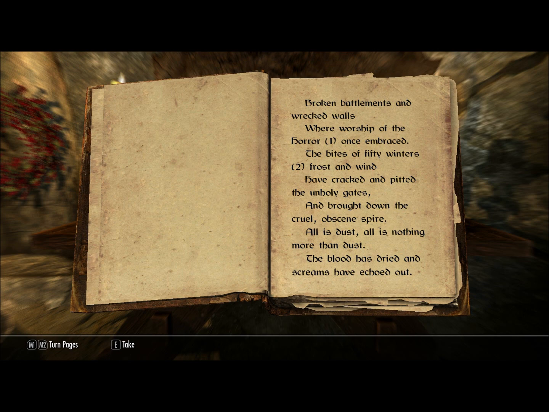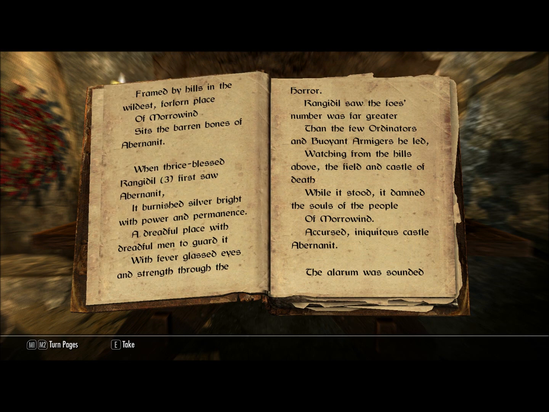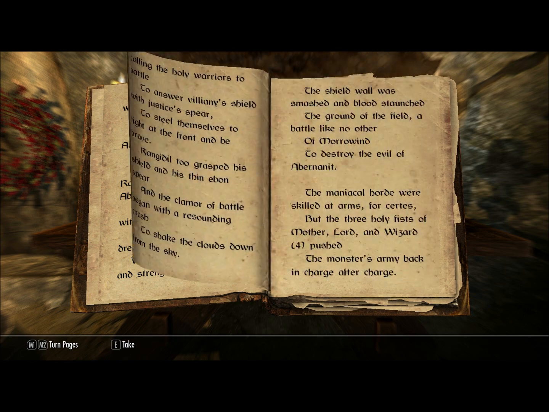Have cracked and pitted the unholy gates, and brought down the cruel, obscene spire. All is dust, all is nothing more than dust. The blood has dried, and screams have echoed out. Framed by hills in the wildest forlorn place of Morrowind sits the barren bones of Abernanet. When thrice-blessed Rangadil, footnote 3, first saw Abernanet...